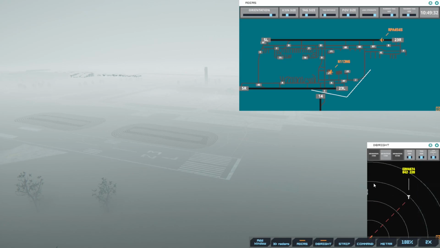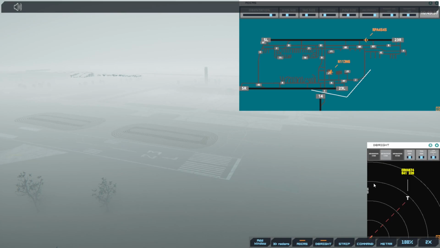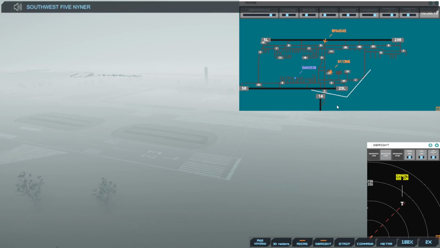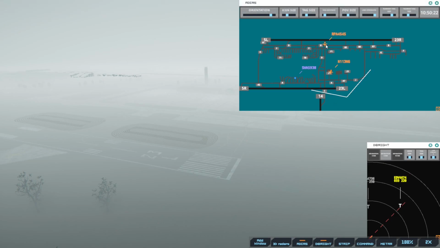So there's the Republic. Raleigh Tower, Endeavour 4674 on final 23 right. Endeavour 4674, runway 23 right, cleared to land. Brickyard 4545, taxi to terminal. Runway 23 right, cleared to land, Endeavour 4674. Southwest 5938, pushback approved. Expect runway 23 left. So I might get them off. Taxi to terminal, Brickyard 4545. So we'll see. Ground, runway 23 left, pushback approved, Southwest 5938. Alright, so